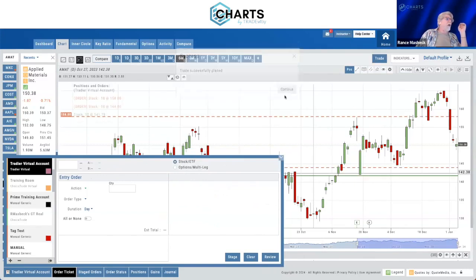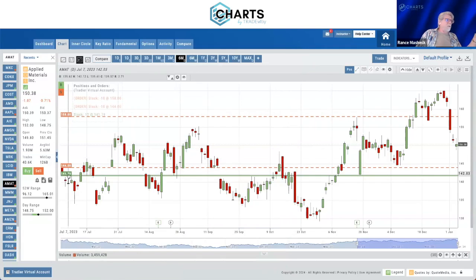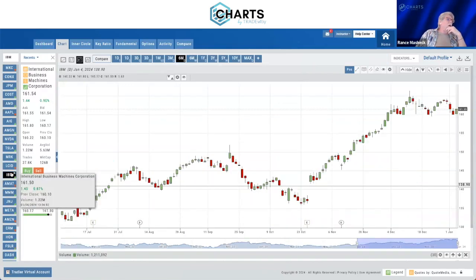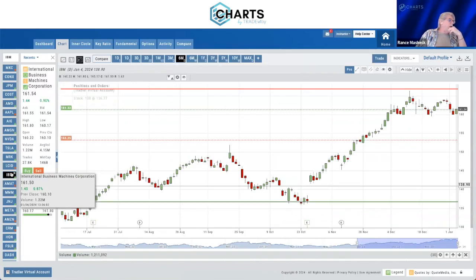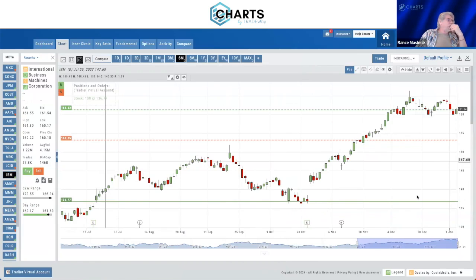But then the other thing I could do, and now what you see here is, this is my current position, and I have a stop at 144 and a target at 158. Shows me those are both there working for me. First one of those hit, it'll execute and cancel the other one. If I'm doing this on a totally new position, on something I don't have a trade on, now I've got to find one I don't have a trade on,